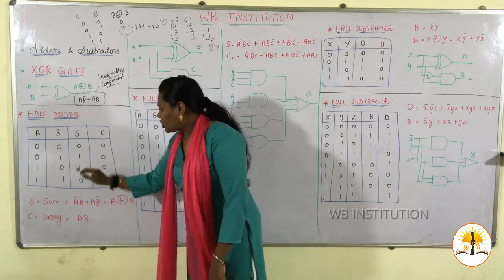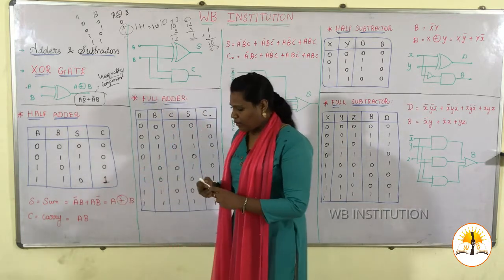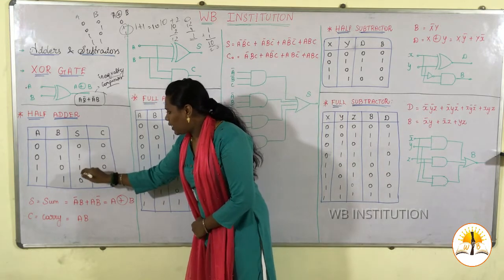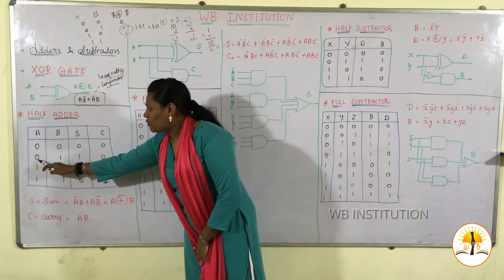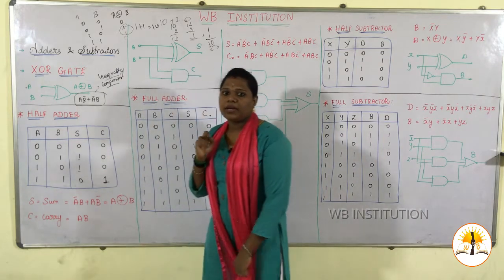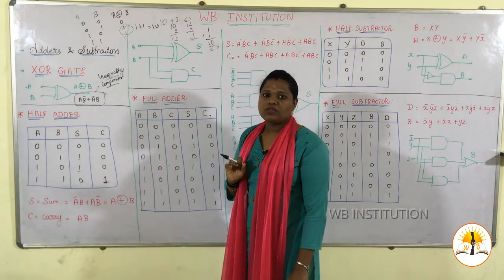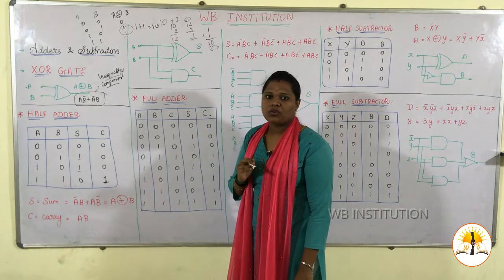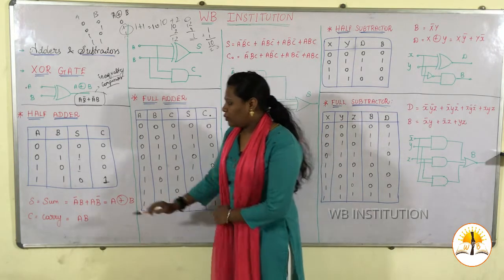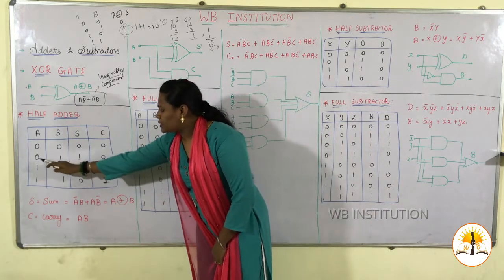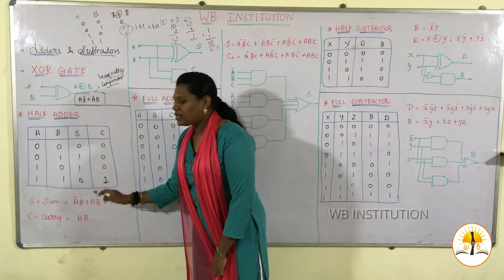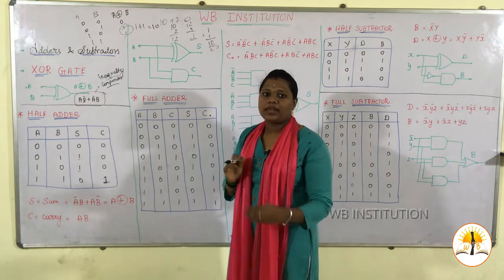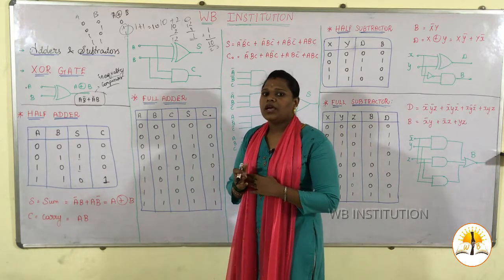Now the logical relations. You have to check where the 1 comes. The 1 comes only here and here, for the sum alone I am saying. So it gives you the relation A bar B. 0 is a bar, and 1 gives you a true value. 0 is low and 1 is a high value. So for the 1 it is A bar and B, since it is a high value, plus, so it is an SOP. SOP I will explain using a Karnaugh map.